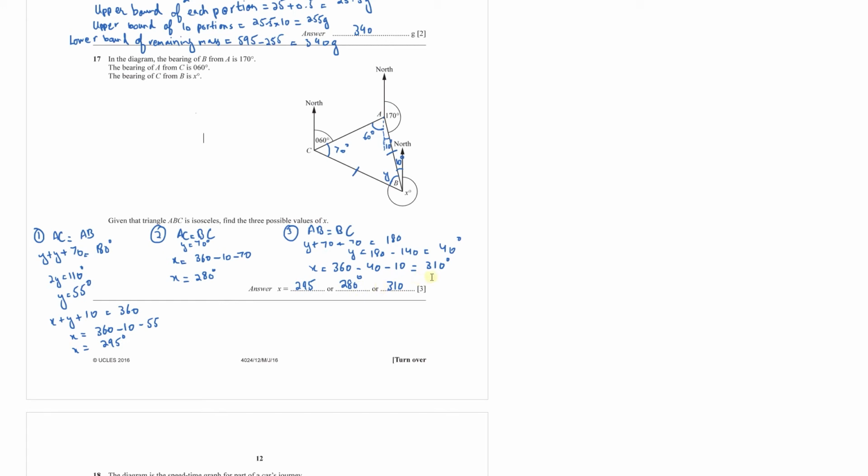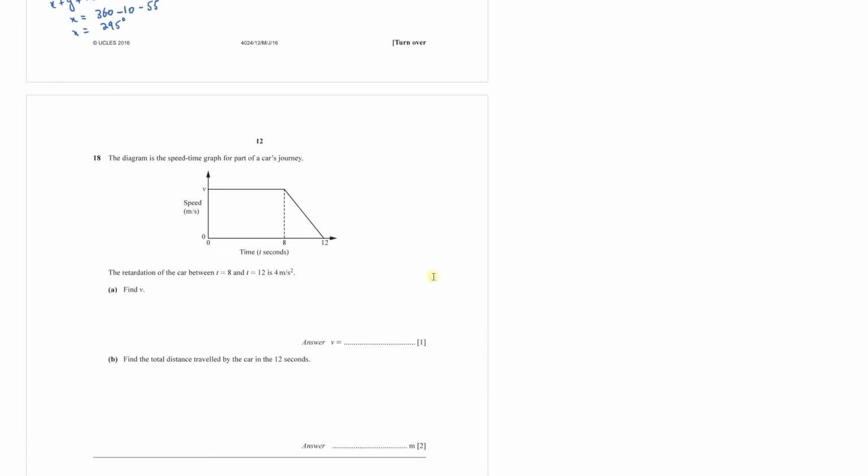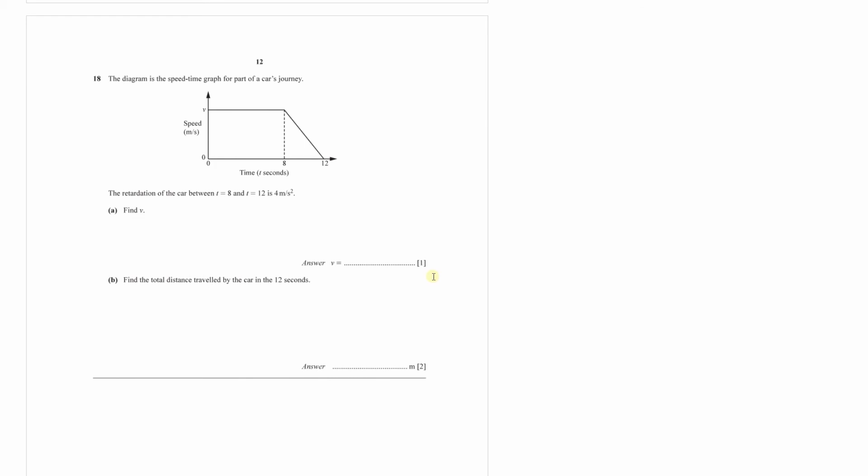So let's move on to the next question, which is question number 18. The diagram is the speed time graph for a part of a car's journey. The retardation of the car between t equals 8 and t equals 12 here is 4 meters per second squared. We have to find the value of v. So we know that